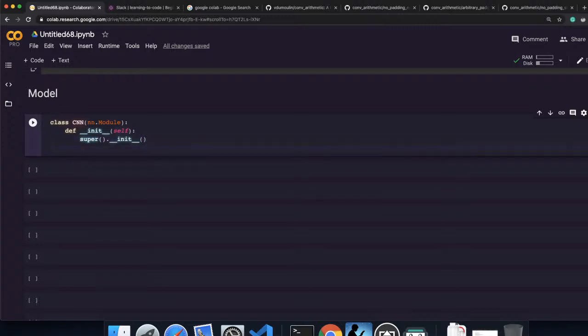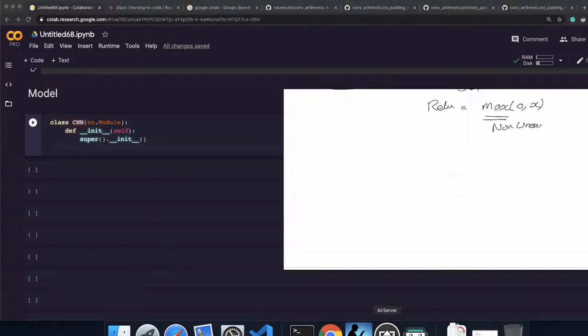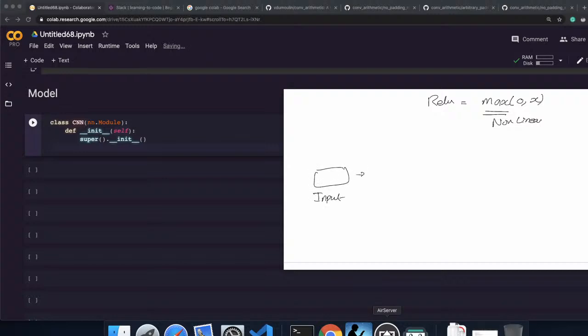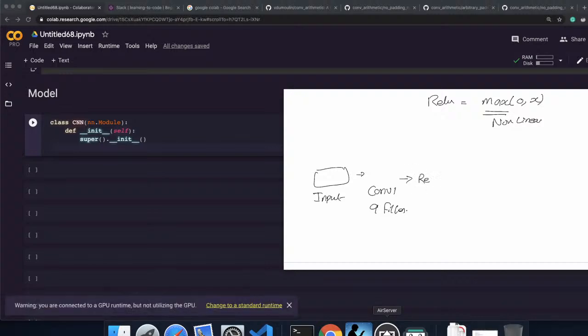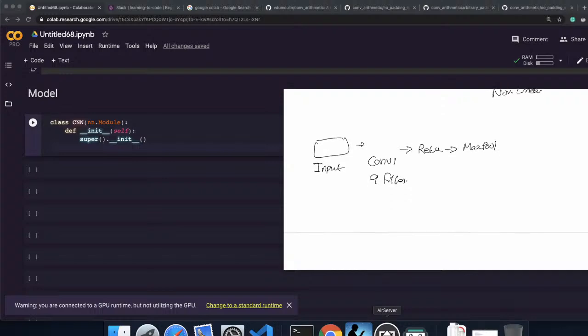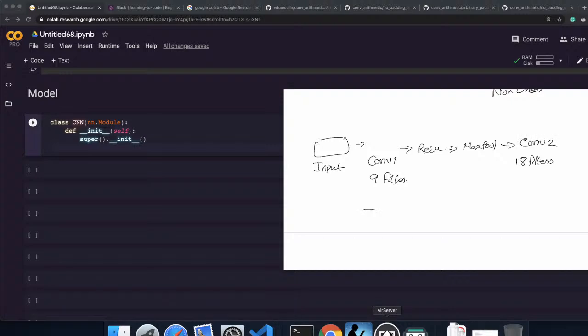So before creating a neural network, I'm going to quickly draw what kind of neural network we are going to create. So this is our input, and we can create a first layer with conv1. This conv1, maybe we can create some 9 filters, then add ReLU, and then max pooling, then again create some 18 filters. I'm going to call this conv2, then again ReLU, which is a non-linear activation function, and then max pool,